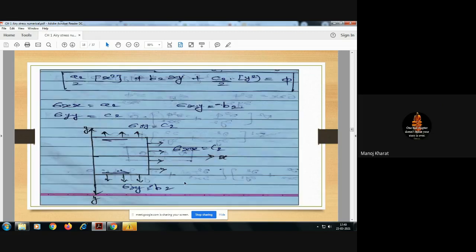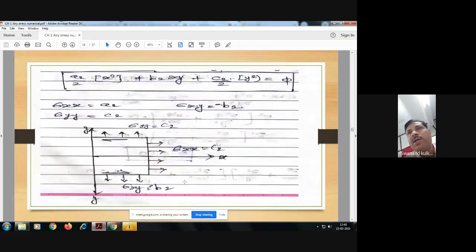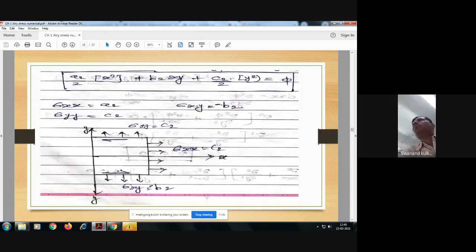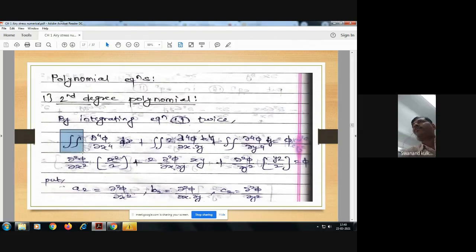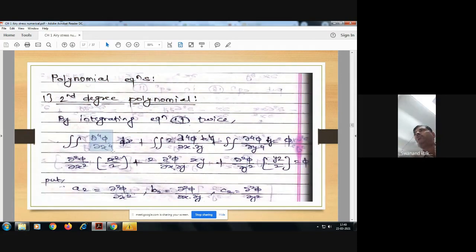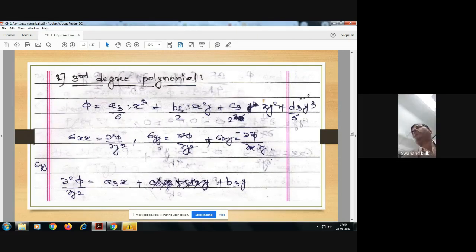Yes, sir. So this is related with the second degree polynomial. Then let us see the third degree polynomial here. For third degree polynomial, again the same concepts we are going to use, because in second degree polynomial we reduced the polynomial equation 2 times. Initially, if we consider del raised to 4 phi, its degree is fourth degree, and that we reduced by 2 times in order to get the second degree polynomial equations. Now here in third degree polynomial,